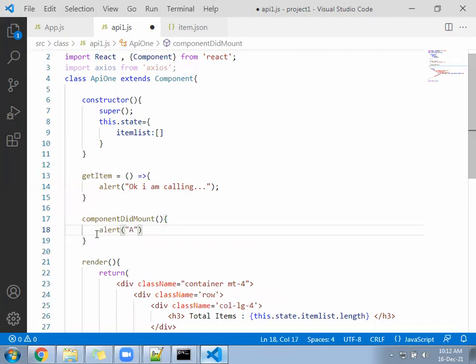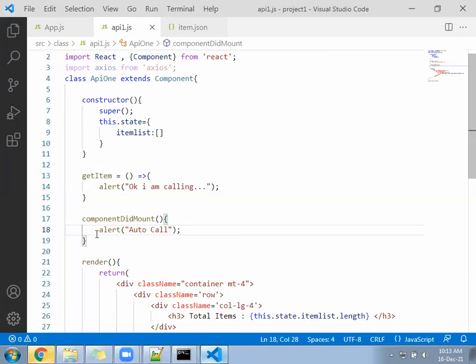Inside it, an alert, auto call. Auto call is happening. componentDidMount will get called automatically.